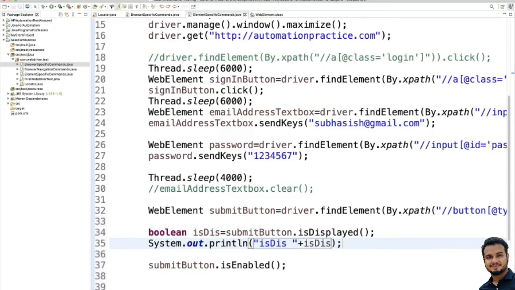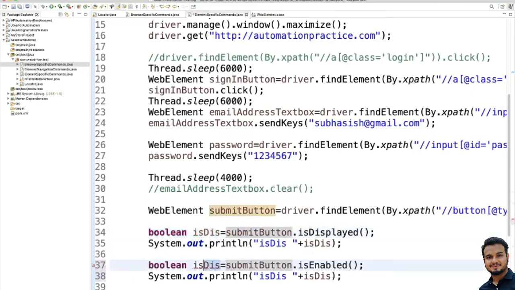Okay, similarly I'll write for isEnabled, and here we write boolean isEnabled.